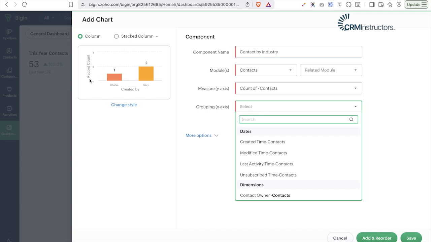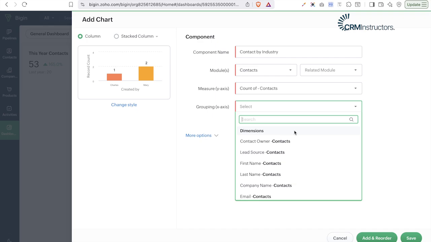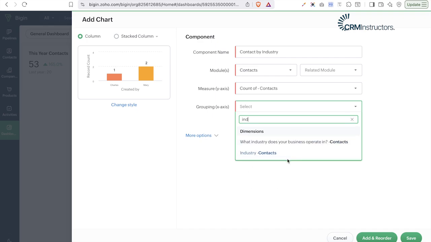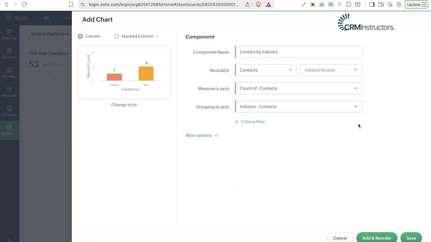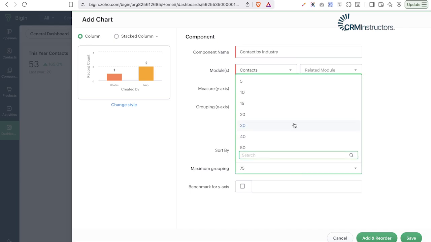This is the y-axis, and this is the x-axis. So for the x-axis, which is the grouping, we can say that we want to check in for the industry. So we are checking in for everyone that is in a particular industry. And you can see more options here where you can sort by maybe value ascending or descending. You can see the maximum grouping is 75